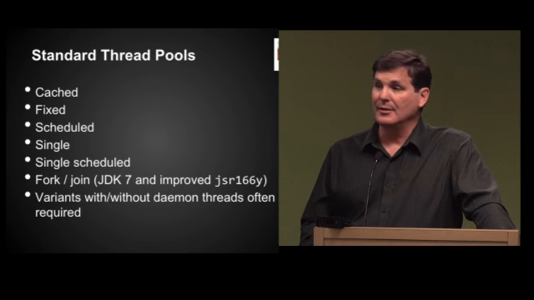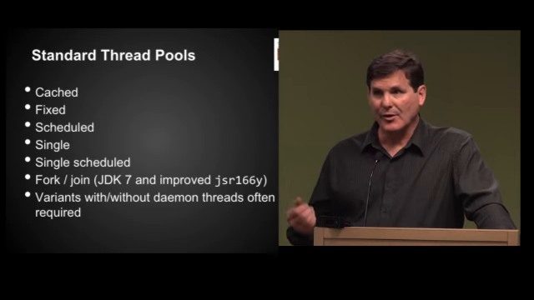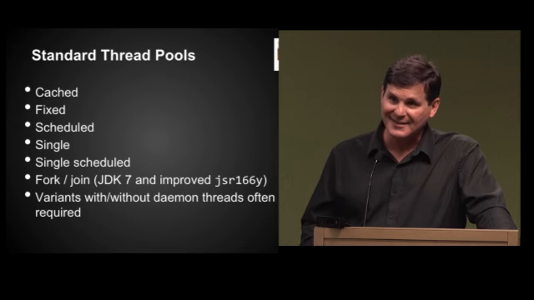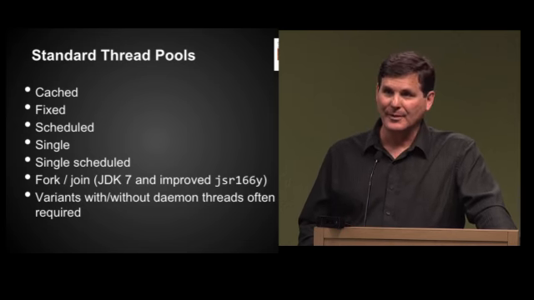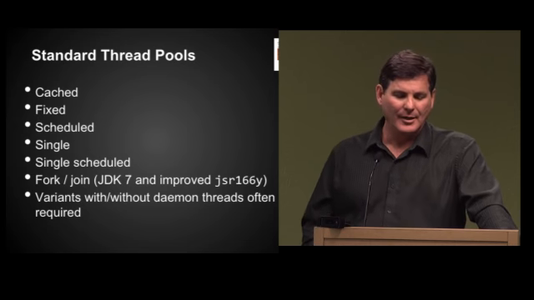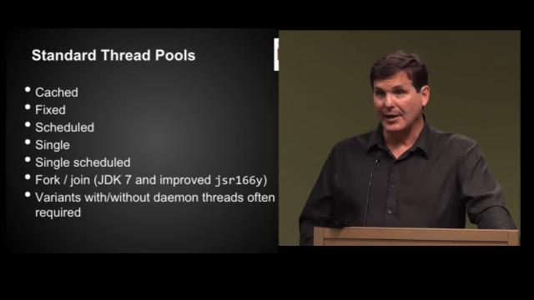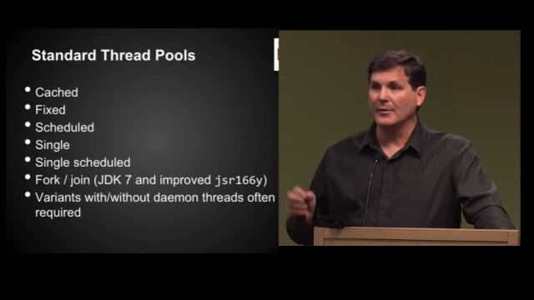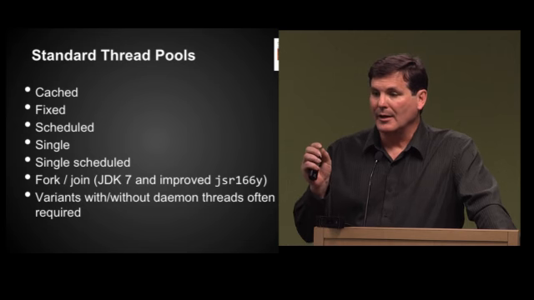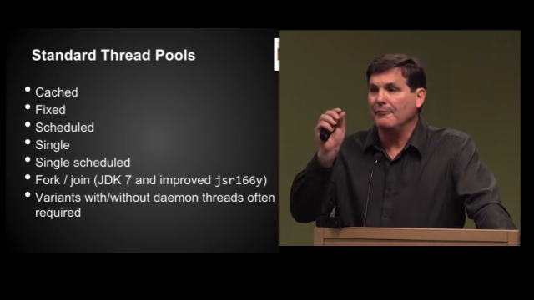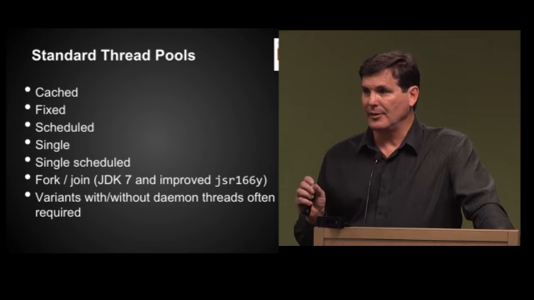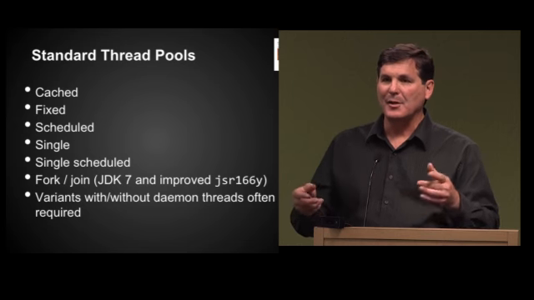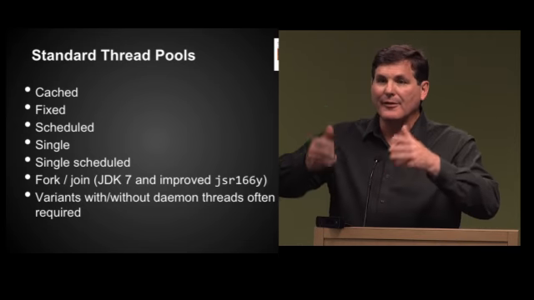So JDK 7 added JSR 166, if you must know. You're going to hear that again, so I'll say it again. JSR 166 gave you fork join, and it was a more complex algorithm. It's kind of like the caching idea, except it's a lot more sophisticated, with a little higher overhead. So if you have callables or tasks that are very, very small, this is not the algorithm for you. But if you have non-trivial amounts of work, and especially if they're recursive or subdividable in nature, this